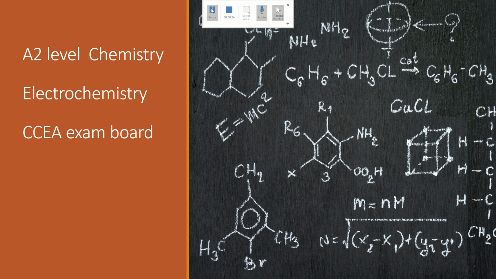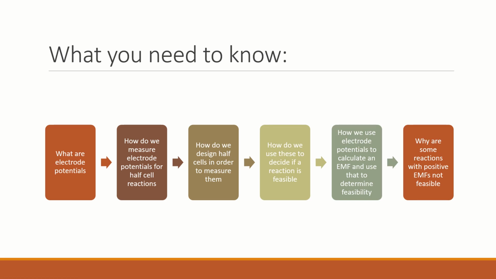This is usually a topic that causes people some difficulties. So we'll have a look, we'll start at the start, we'll work our way through it. So we're going to have a look at pretty much the order that the learning intentions are on the board at the minute. We're going to have a look at what electrode potentials are, have a look at how we would actually measure these electrode potentials, how we design half cells, depending on the half cell reaction that we're looking at, how we use these half cells and electrode potentials generated from them to decide if a reaction is